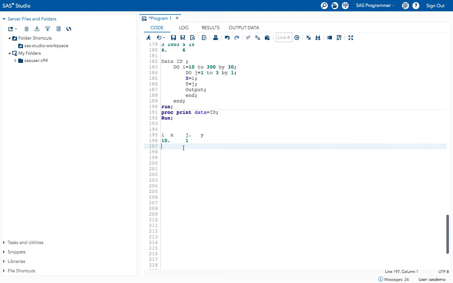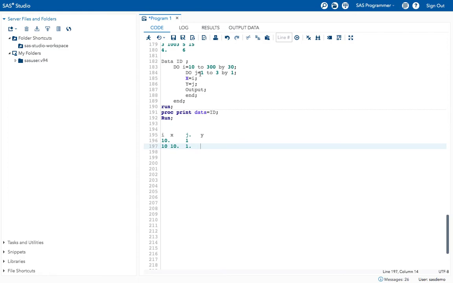Now what I will do, let's take I equal to 10 itself, and what is the x value now? X is nothing but I, x equal to I, that means 10. Okay, and what is the j value here? 1. And what is the y value here? Y is j only.